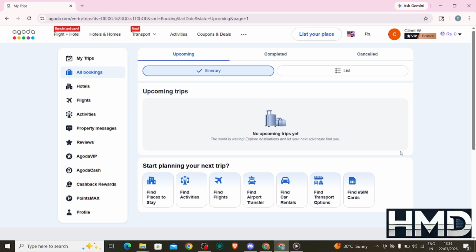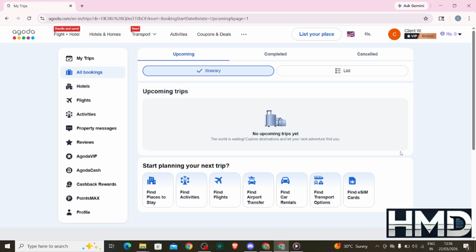In many cases, if your booking has free cancellation, the process is instant and your booking will be cancelled immediately without any extra steps. According to Agoda's policy, cancellations made before the deadline mentioned in your confirmation email are usually fully refunded without processing fees. However, if you cancel after the deadline, you may be charged a fee, often equal to at least one night's